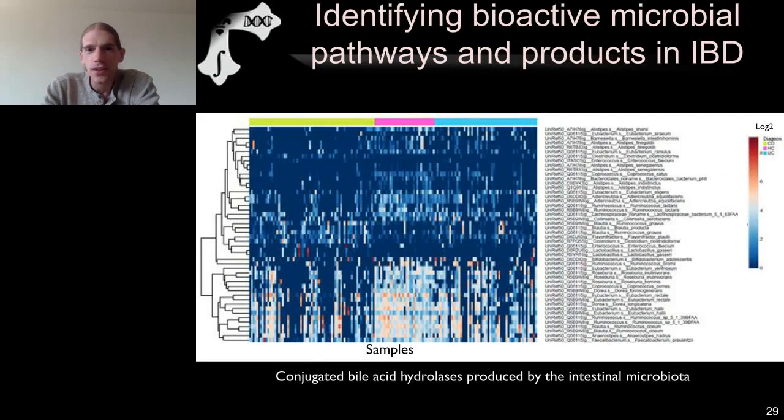essentially positive control compounds. In this case, the bile acids are known to be disrupted in IBD. Different members of the family of bile acids are either enriched or depleted during Crohn's and colitis. These are known microbially processed compounds that are generated by the human host and then processed by microbes in the gut. And what we're looking at here is a subset of our 200 metagenomes in which each row picks out